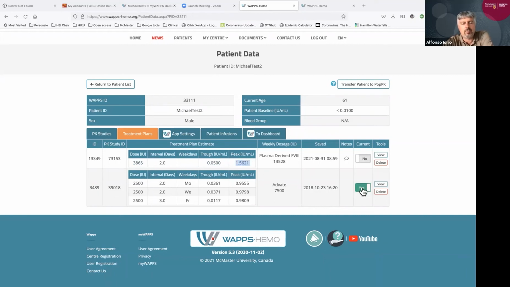I select one plan as the active plan. And the active plan is the one that is moved on to myWAPPS. Now, I don't want to change this plan for this patient, even if it's a test center. I'm not sure if someone is using this. So let me leave this plan that was there already on Advait